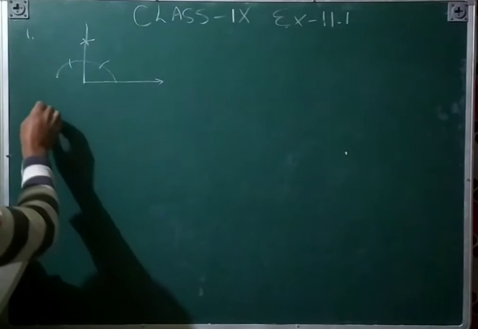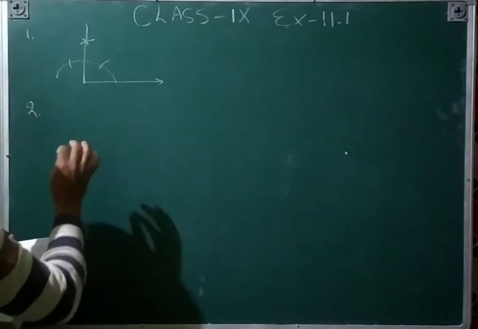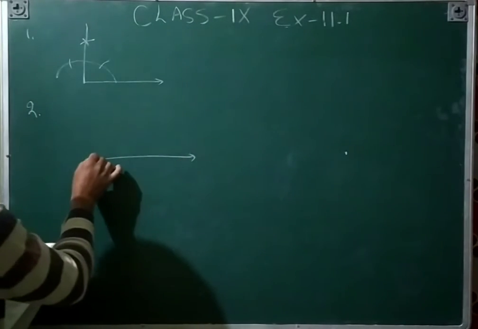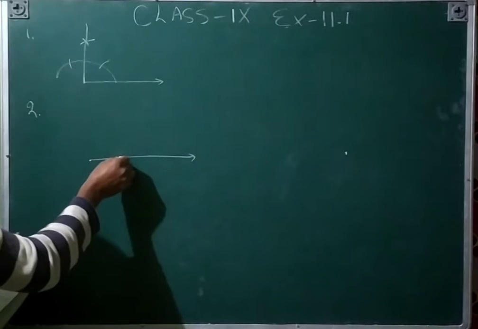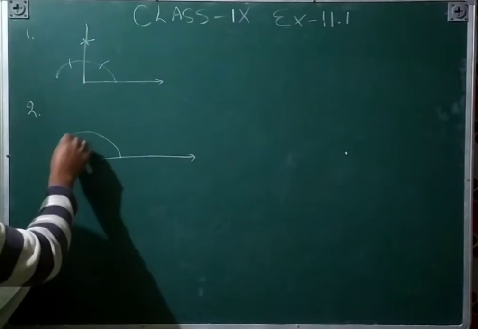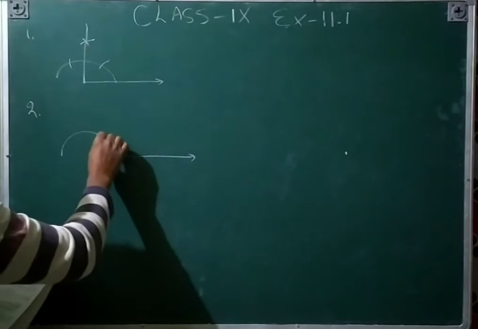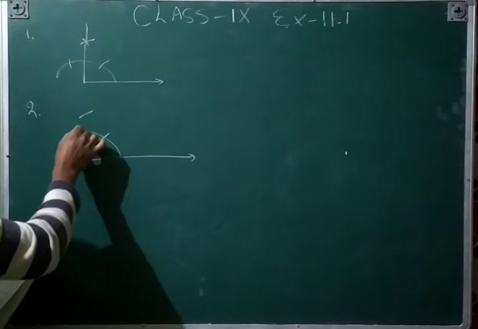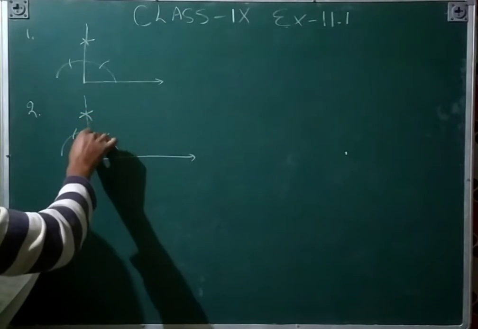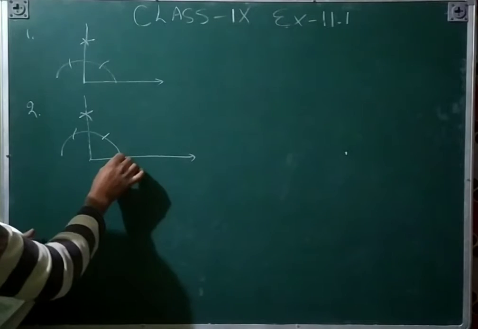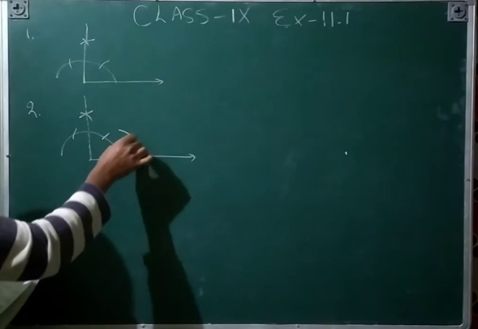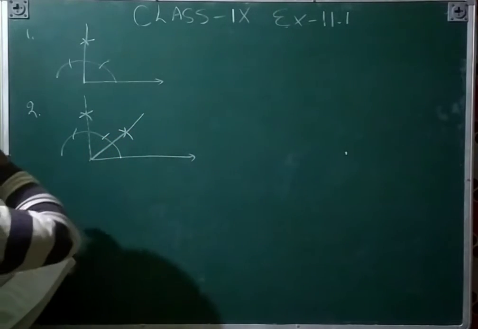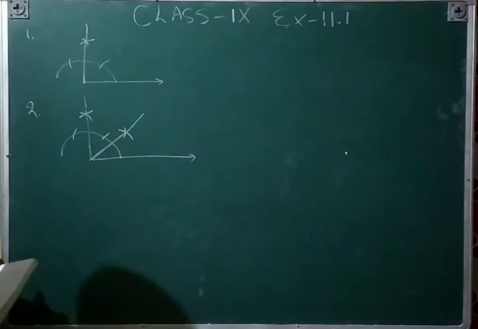Now 45 degrees. You do it similarly. How do you make that 90 degrees? First, take a distance of approximately 1 or 2 centimeters and make an arc. With the same distance make one arc here. With the same distance from here make an arc, and here also with the same distance make an arc. This is the 90 degree angle. Then from here you make an arc, and from here you make an arc. This will be 45 degrees.